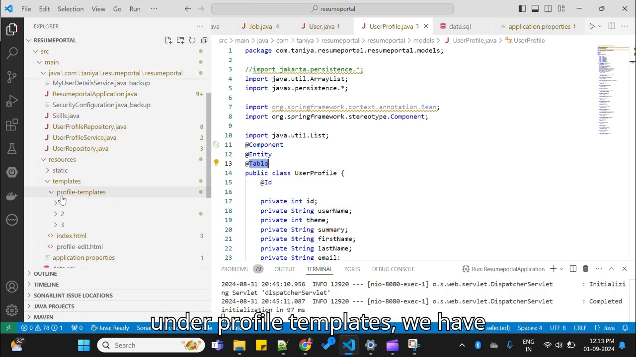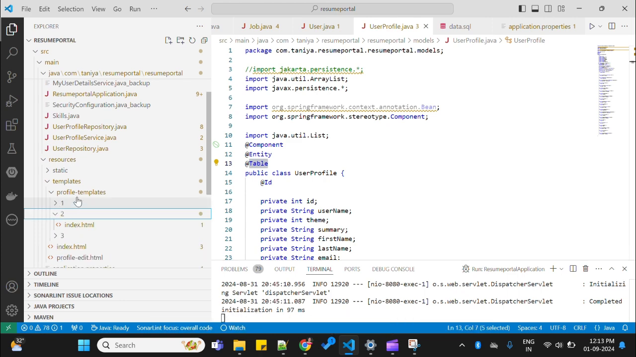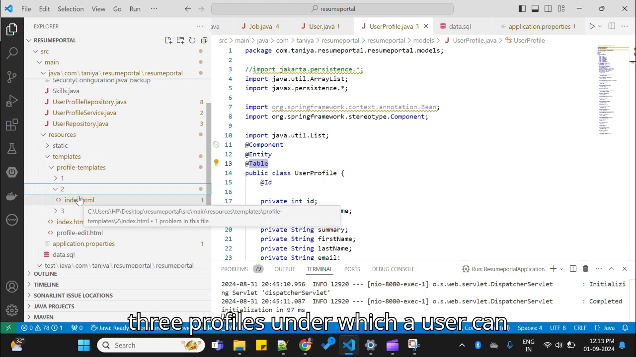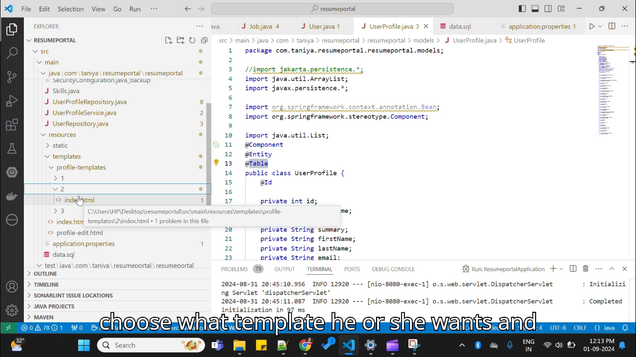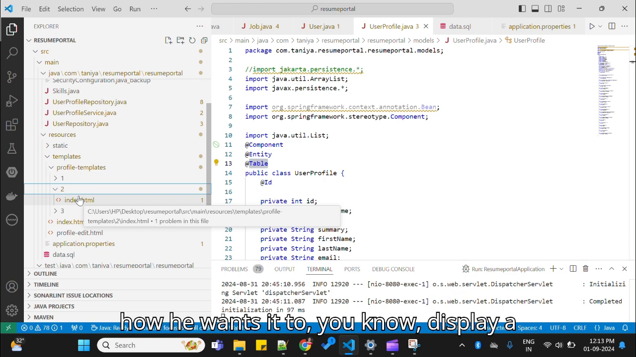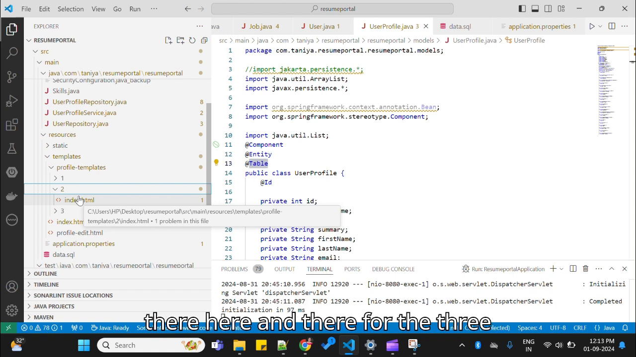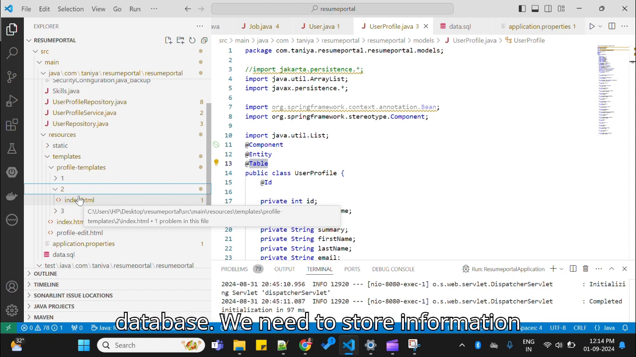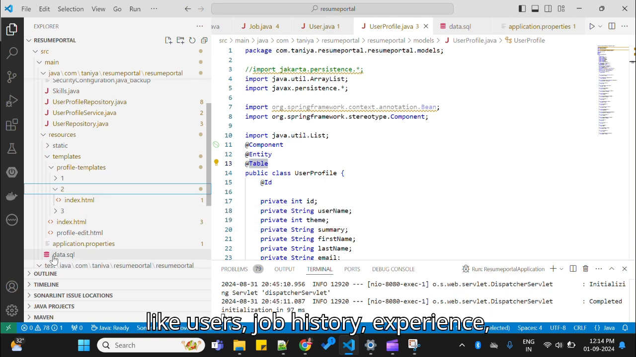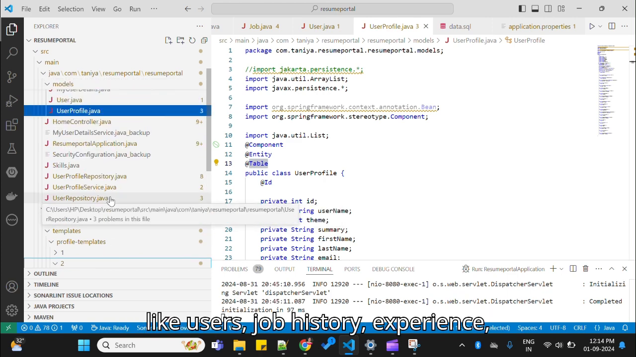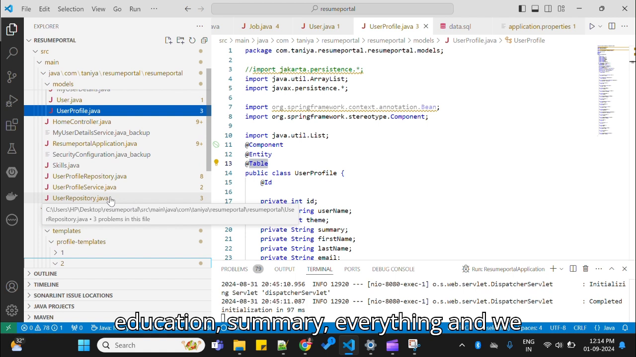Now you can see under profile templates, we have three profiles under which a user can choose what template he or she wants and how he or she wants it to display a pretty resume. Maybe some tweaks are there here and there for the three different profile templates. Okay. Now, for all these profiles, there will be a representation of that in the database. We need to store information like users, job history, experience, education, summary, everything,